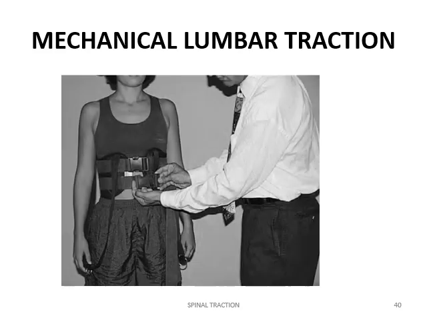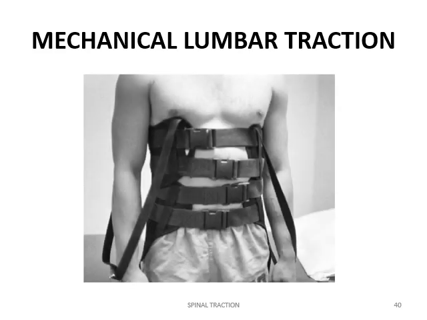The rib belt is then applied in a similar manner with the rib pads positioned over the lower rib cage in a comfortable manner. The rib belt is then snugged up and the patient is positioned on the table. The standing application of the traction harness is easier and more effective if the patient is to be placed in a prone position for treatment. The traction harness can also be applied by laying it down on the traction table and having the patient lie down on top of it. The pads are then adjusted and belts snugged, and the patient will be lying down afterwards.